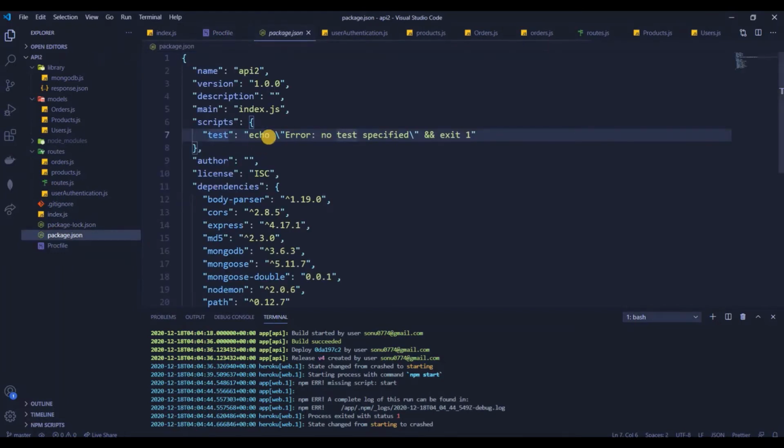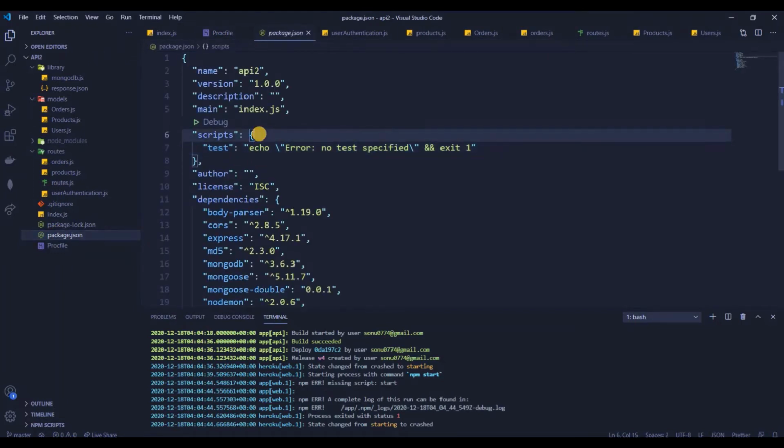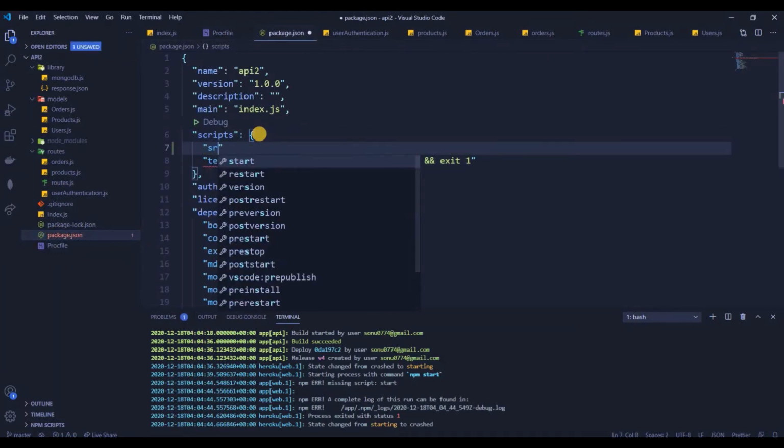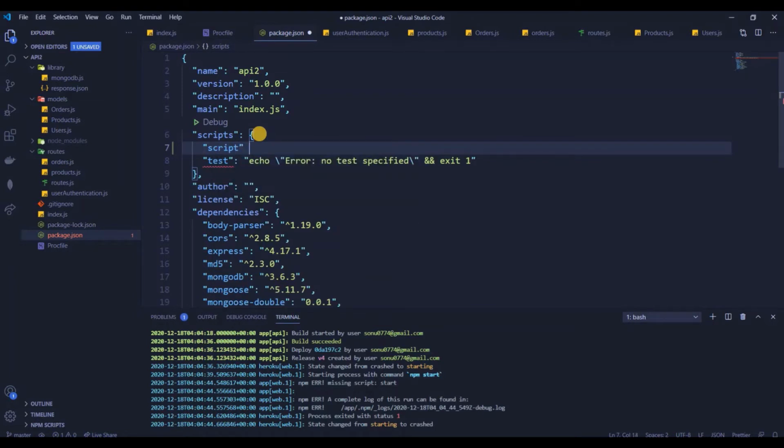So also in package.json, let's go ahead and write this script: start equal to node index.js, and just add a comma.